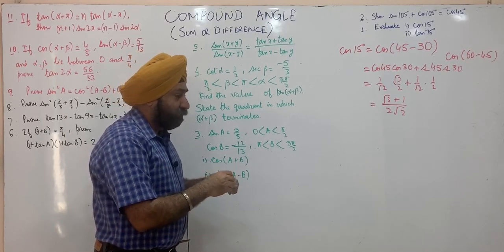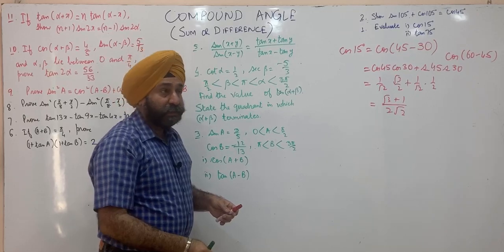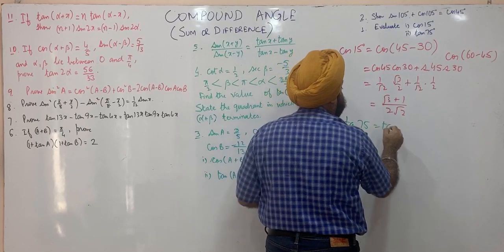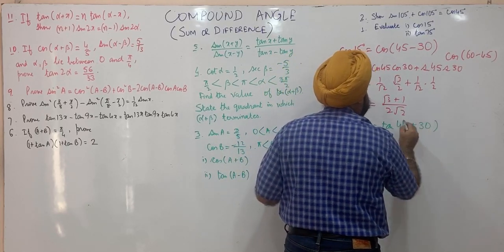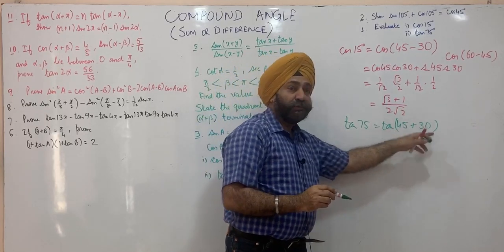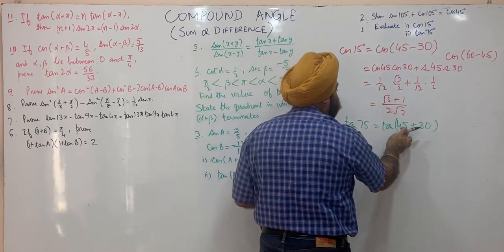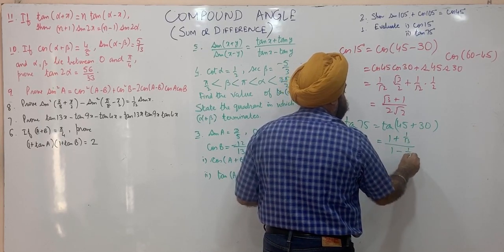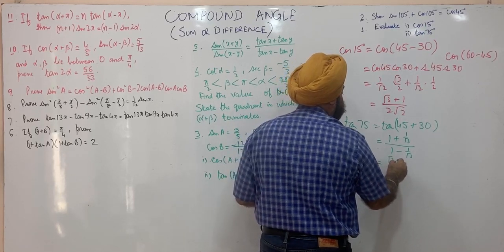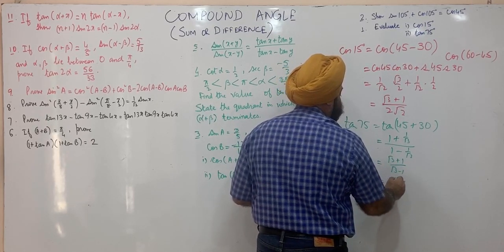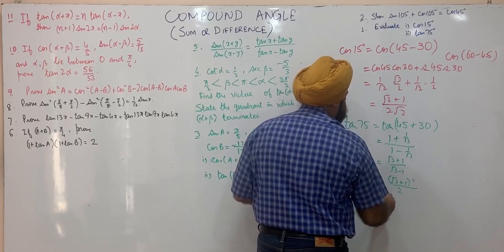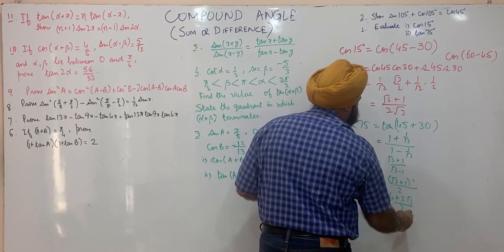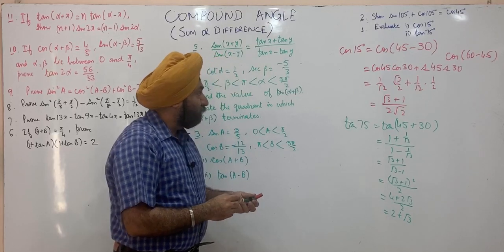Then next, tan 75. 75 can be written as sum of 45 and 30. So tan 75 is tan(45 plus 30). This is compound angle and these are constituent angles. And we use corollary for tan(A plus B), that's (1 plus tan 30, 1 by root 3) upon (1 minus tan 30, 1 by root 3). Root 3 plus 1, root 3 minus 1. We rationalize, this is (3 plus 1, 4, plus 2 root 3) upon 2, or 2 plus root 3. This is value of tan of 75 degrees.